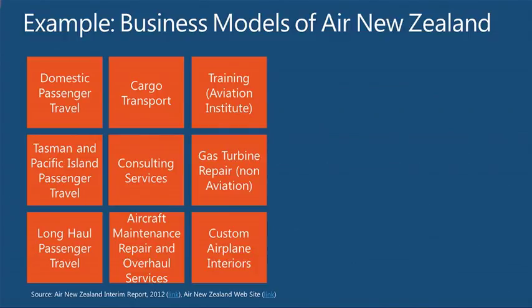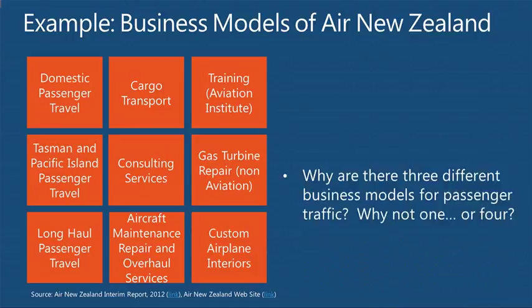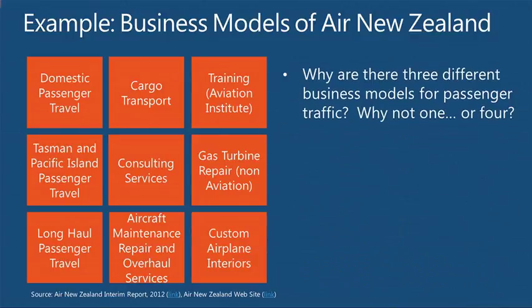How many of you know that they offer a training institute? It's a business. They make money. They don't make a lot. They make money on it. Gas turbine repair for non-aviation. It's one of the businesses of Air New Zealand. Wouldn't think of it, but it's listed in their public filings. It's all in there, guys. So a business architect says, well, how many businesses are you in? So we're going to start with those 9 businesses, and we're going to say, why are we in 9 businesses? That's interesting. That's fascinating stuff.